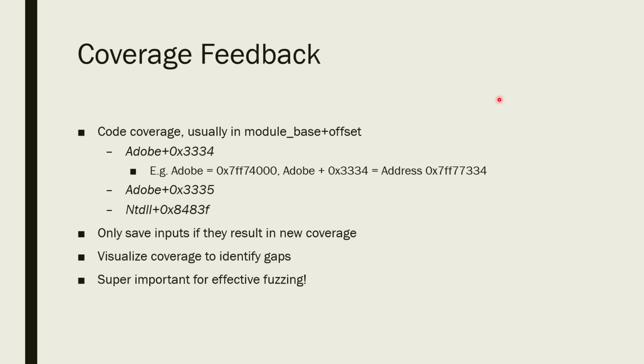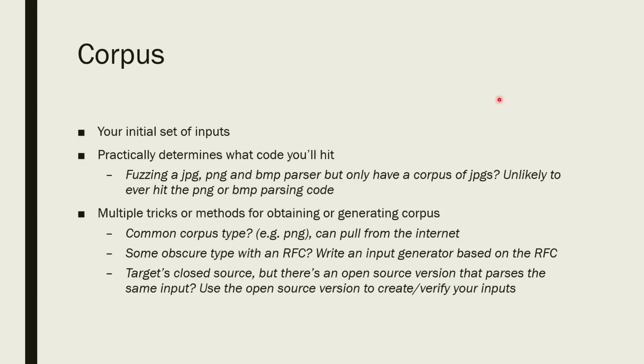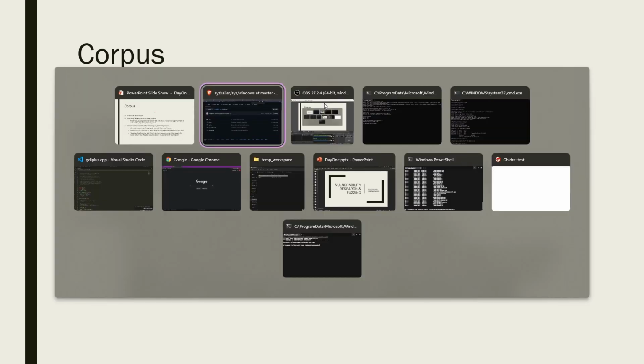We kind of talked about coverage feedback already. Okay, we have something called corpus. Corpus just means some sort of inputs. When I say initial corpus, that's going to be your initial starting set of inputs. And that generally determines what code you'll hit. For example,